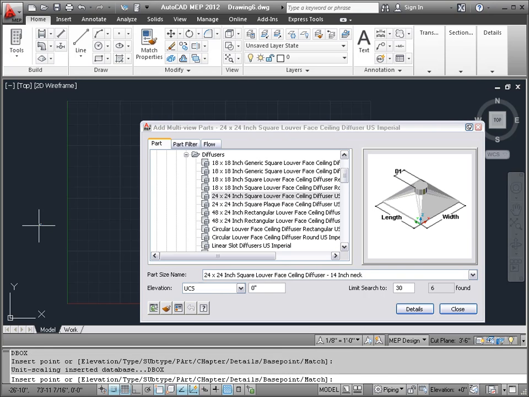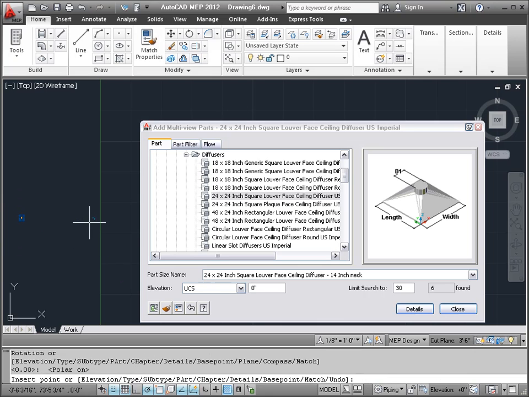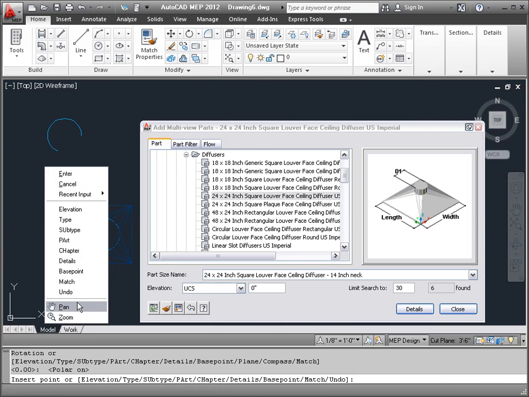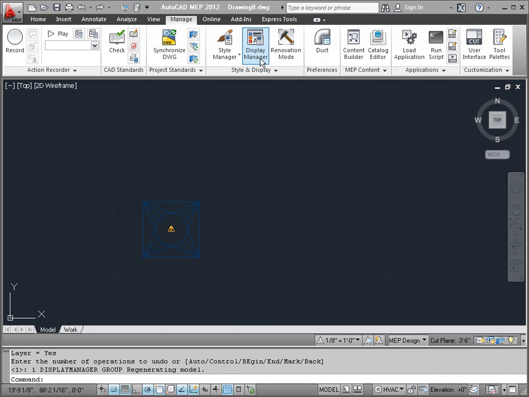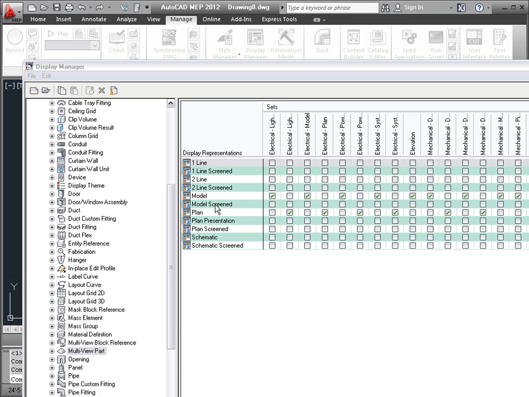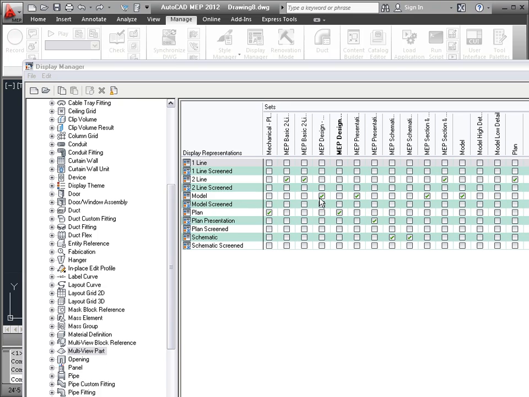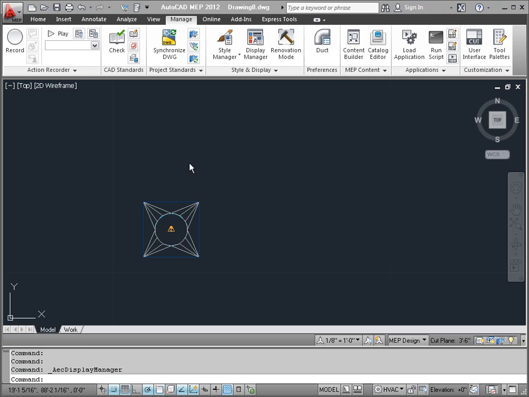So in plan view, it's using the 2D block, not the three-dimensional model block. And if I zoom in here, go to the display manager, expand on representation by object, select on MV part, uncheck plan, and add a check next to 2 line, OK out, and it starts showing just